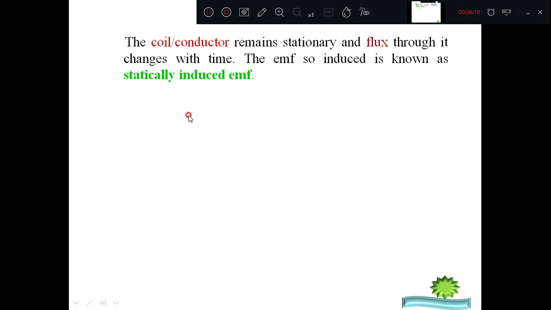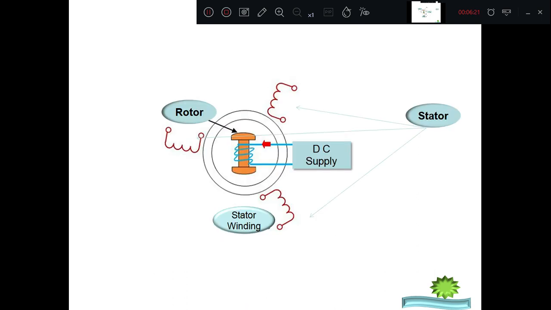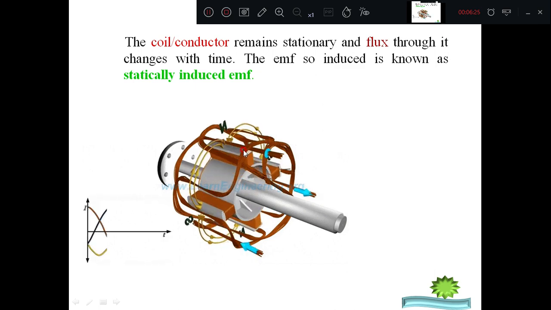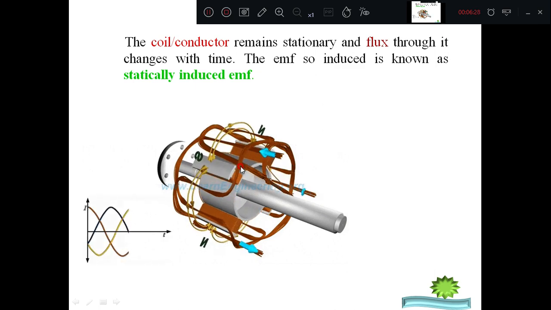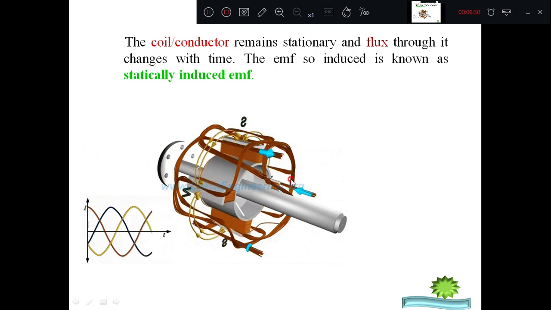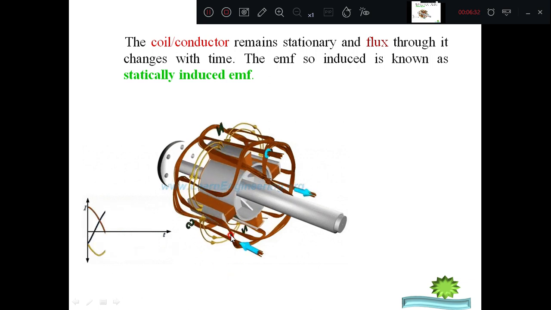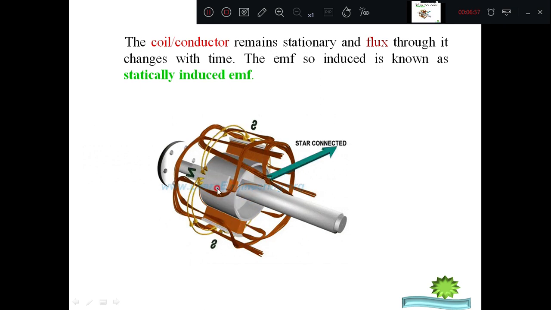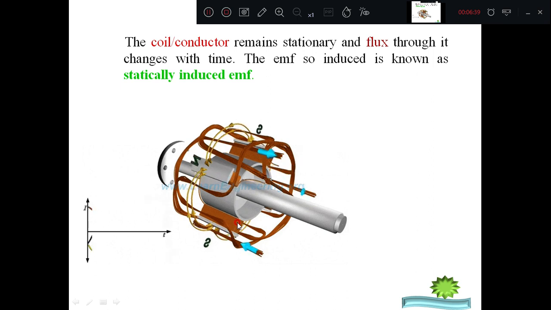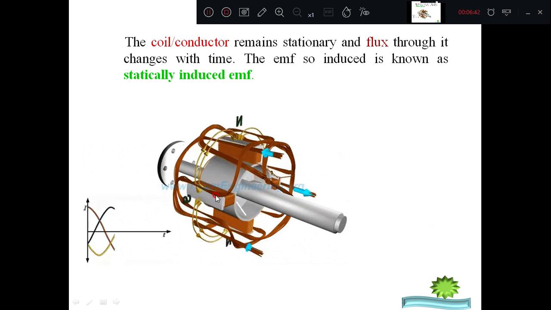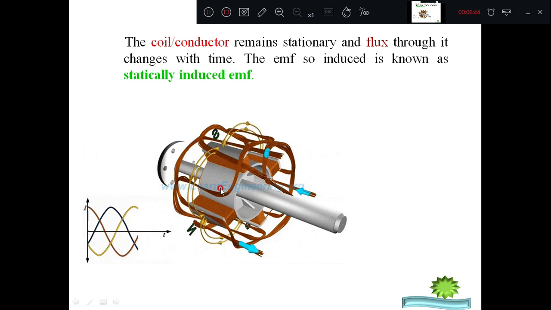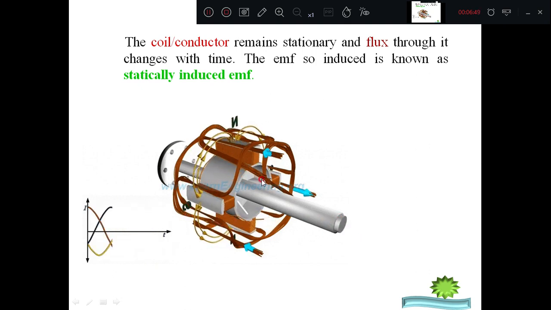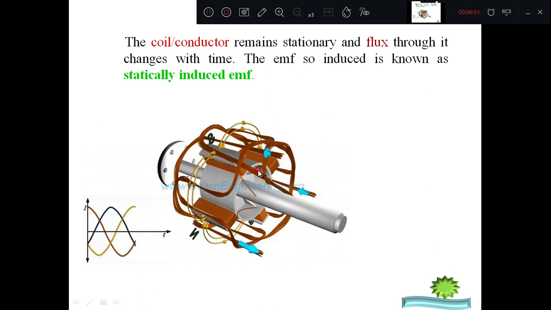That is seen here, the brief construction of an alternator. These are the armature conductors. There are three coils shown here: one for R, another for Y, and the third for B. Then there is a rotor here. It consists of the magnetic poles and a field winding, which create a magnetic flux. These are rotating because we are giving mechanical energy to the shaft, and thereby there is a rotation of the magnetic field.